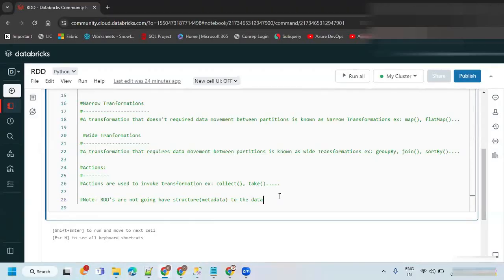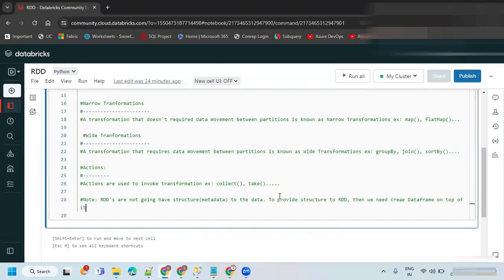So in order to provide structure to an RDD, we need to create a data frame on top of it.